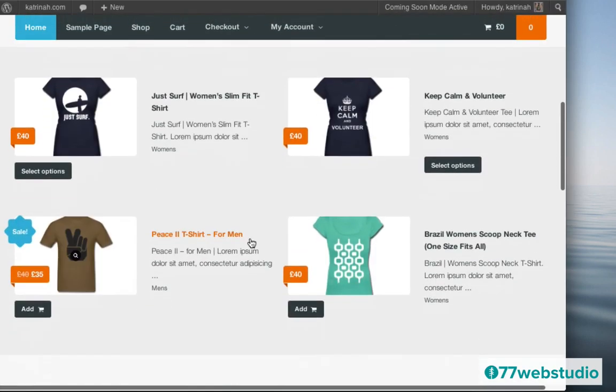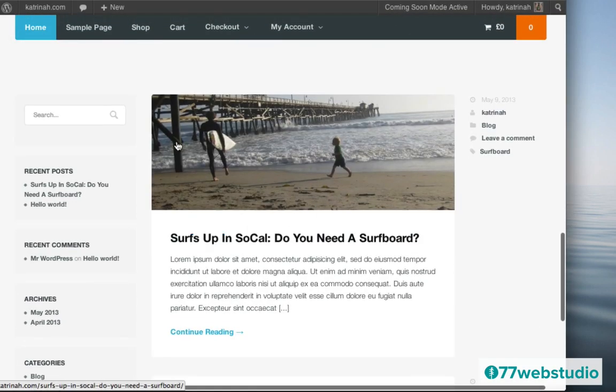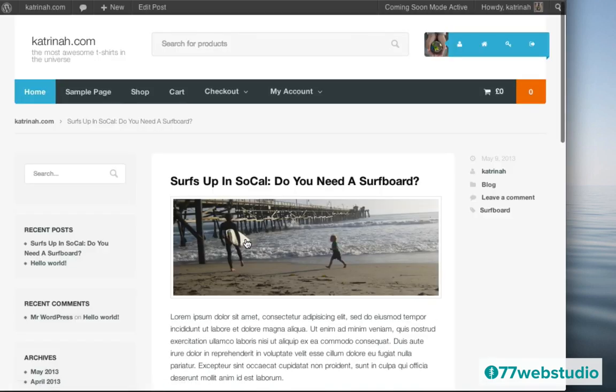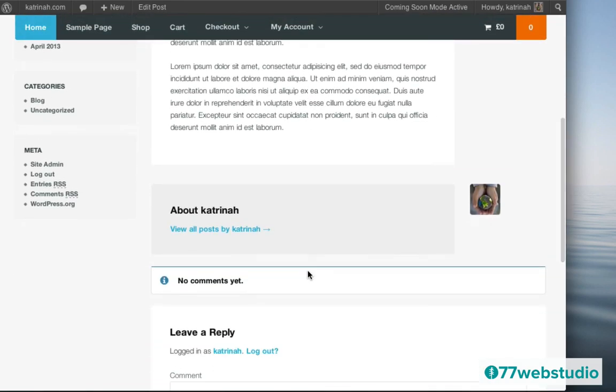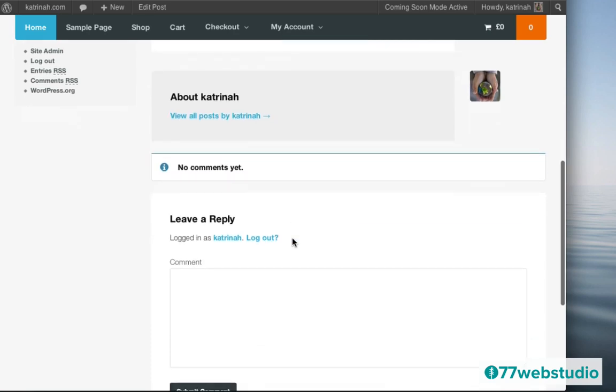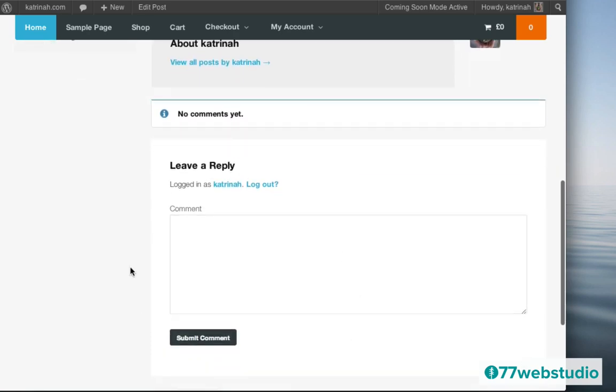And when I scroll down, we'll see here is the featured image for this blog post. So this is the featured image, and then when you actually click on the blog itself, the blog title, then you'll note here is the image that you inserted into the actual post. So I'm going to add one more blog post. You can also notice when I scroll down, there's an about the author section here, and then here is the comment section as well.